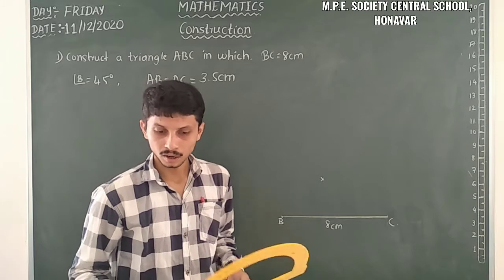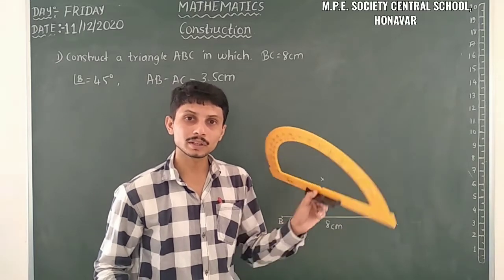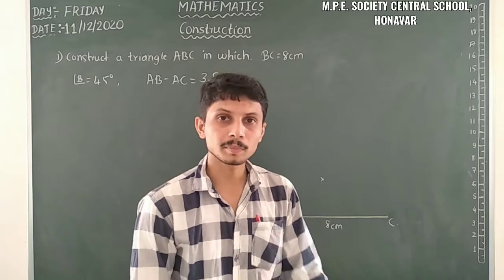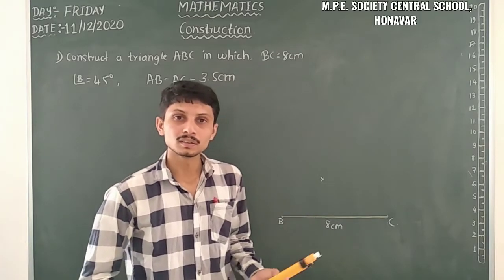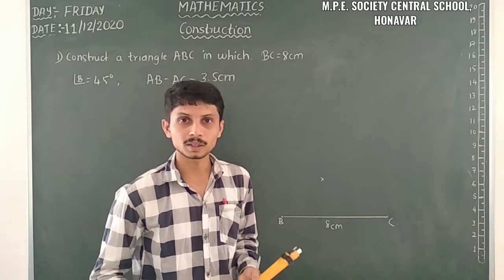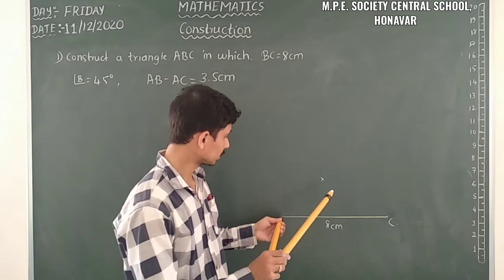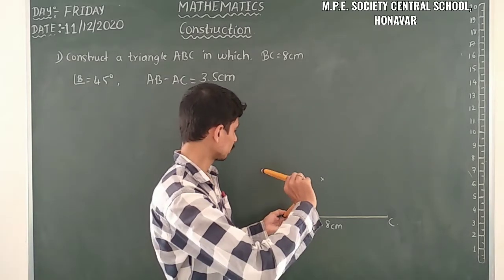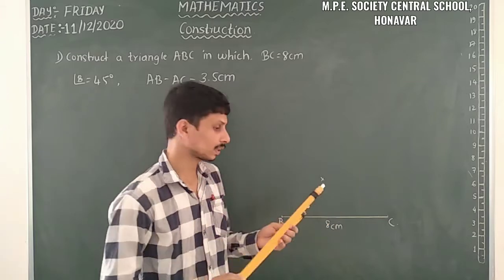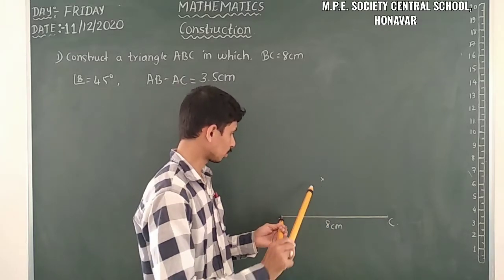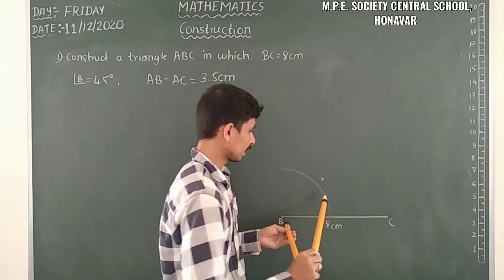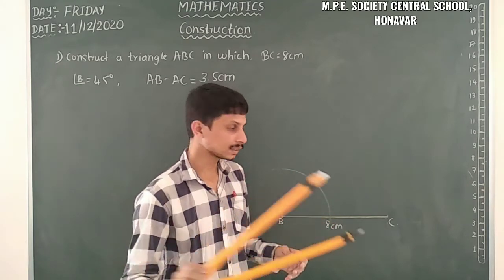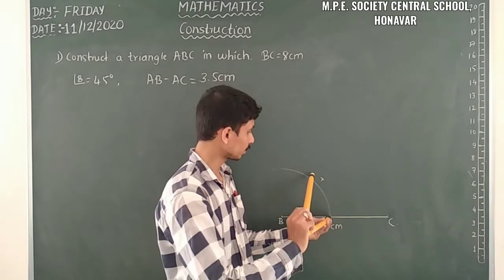So you can join. Otherwise, if you forgot to bring the protractor, you can use another method, that is making an angle of 45 degree. Already you know that one. That method you can also take. Here just observe. Firstly, I will take any radius here. Then you have to draw a curve like this, and then take the same radius with that intersecting point as a center. Then you have to cut this.